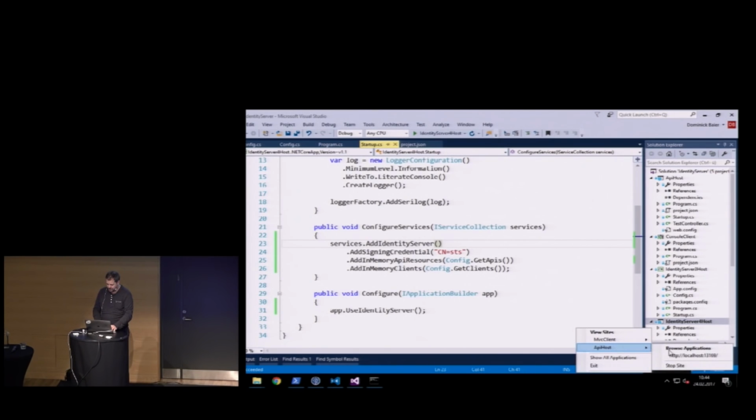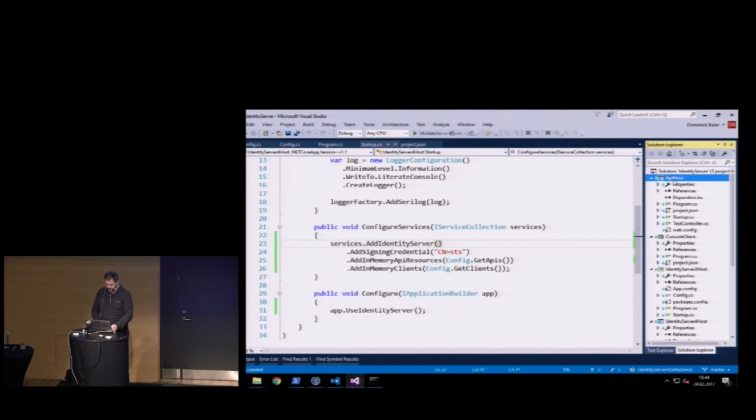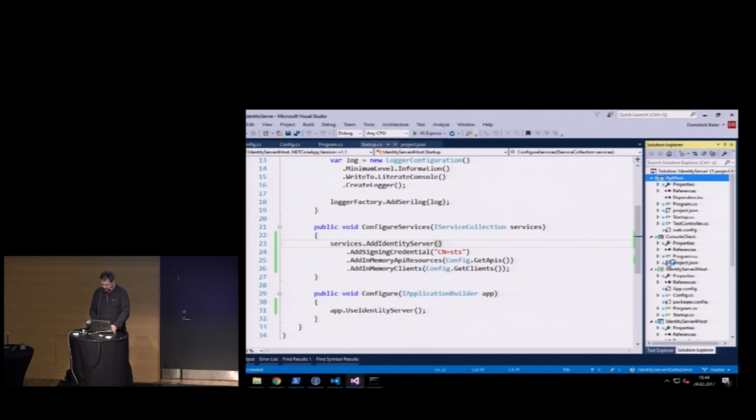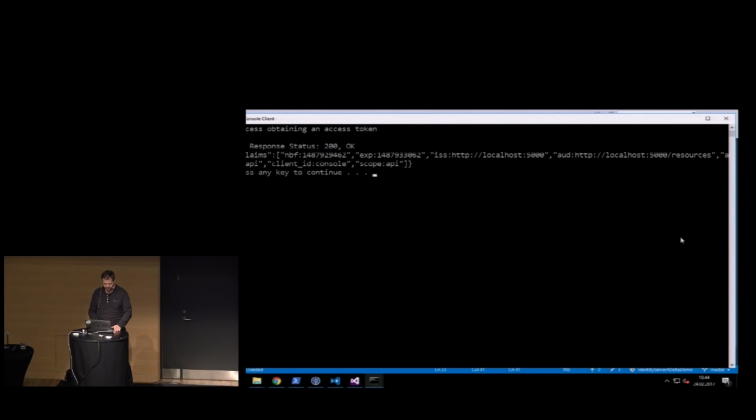Let's kill the API host so it has a chance to refresh its configuration. Okay. Here's our API. So here's our console client. Let's run that. And here we are. So in other words, you don't have to change anything in your client applications because on the wire, it's